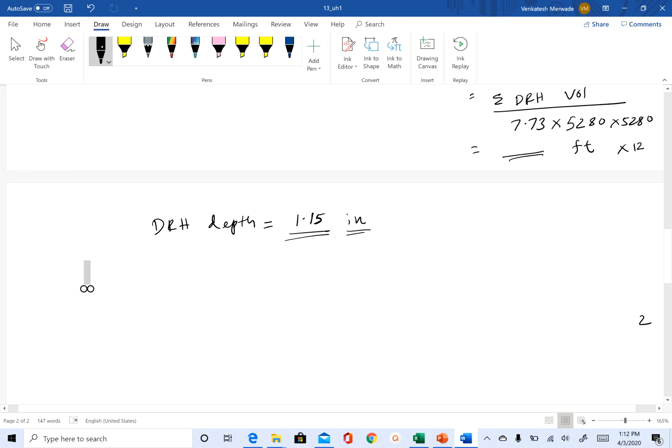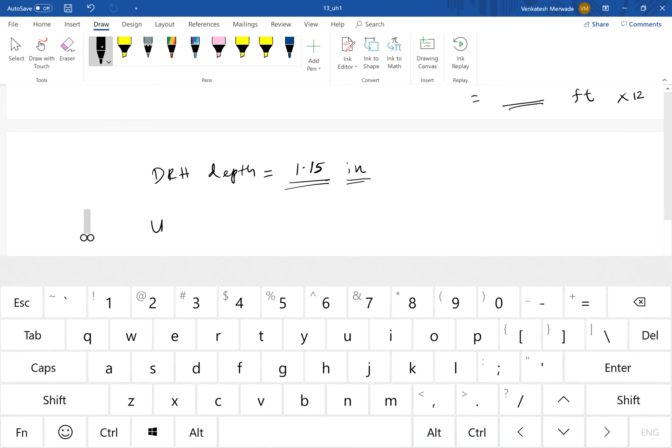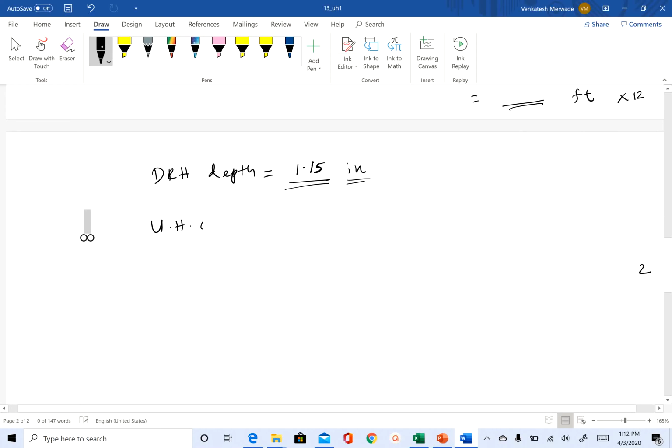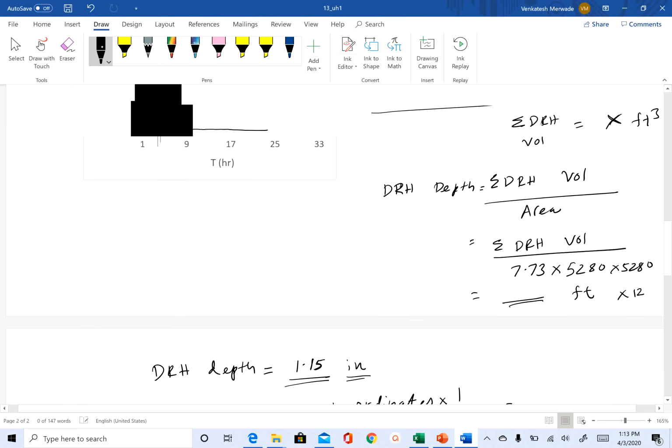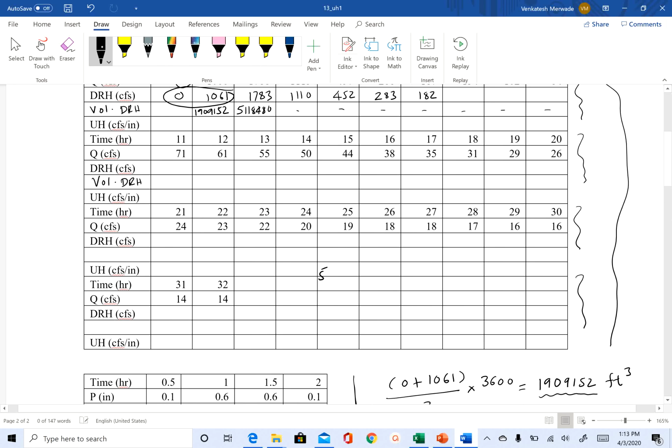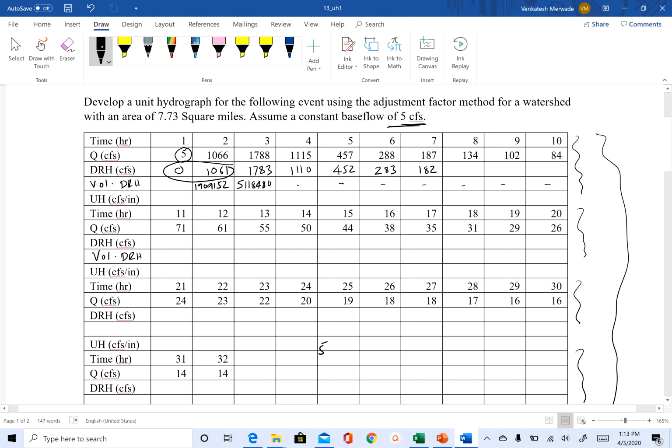So what we are going to do now is, the unit hydrograph ordinates are equal to DRH ordinates times 1 over 1.15. Okay, so what you will do now is you will divide these values 1061, 1783,